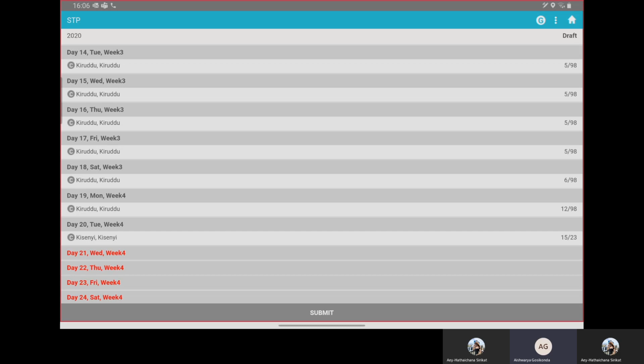Here you can see the G option on the top right side corner. There are three options: one is home, three dots, and G. If you click on this G option, G means guide. The name of this option is guide option. So if you click on this option, you will be able to see the parameters which I have told you in color formation. For example, Miss A, can you just click on the G option?